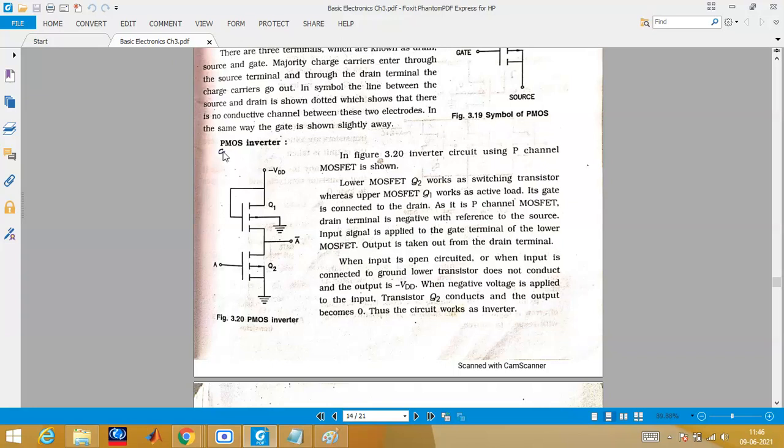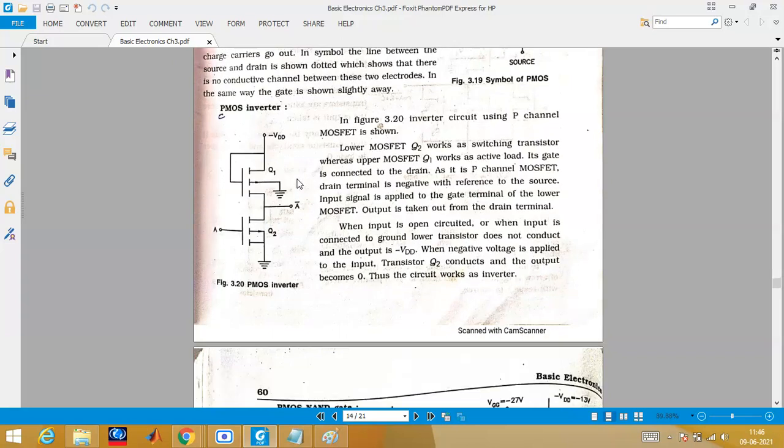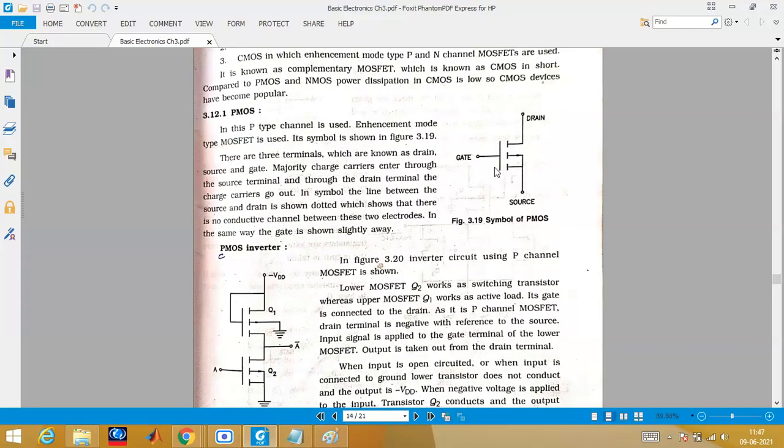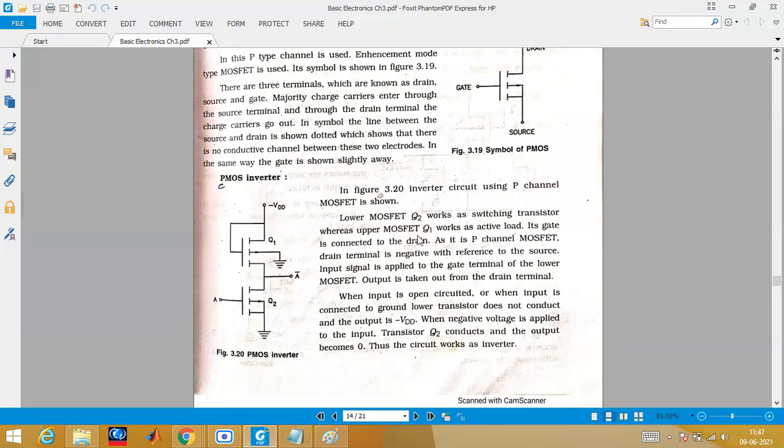Now one more thing: since it is a P, you have to write minus VDD. Next, when you study, you will understand everything. As I told you, one input should be forward biased, and the output should be reverse biased based upon that. And this lower MOSFET, as you have designed in the symbol, the same symbol you have placed here. The bottom source you will be grounding now. First let me explain the design, then I will explain its operation. Now all the drains and sources of the first and second, pull up and pull down, will be combined together, and here you will get the output. At this point, the substrate will be made ground.